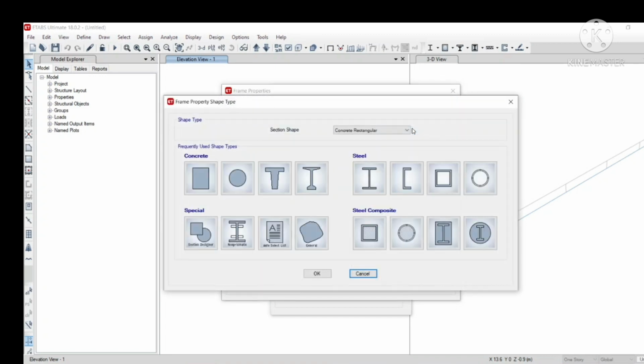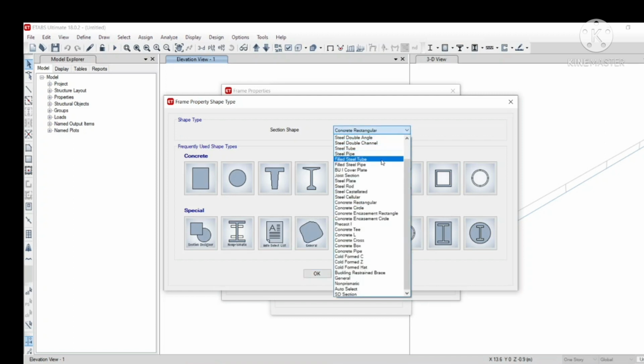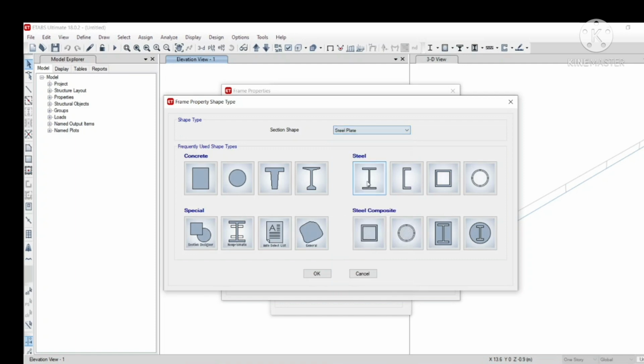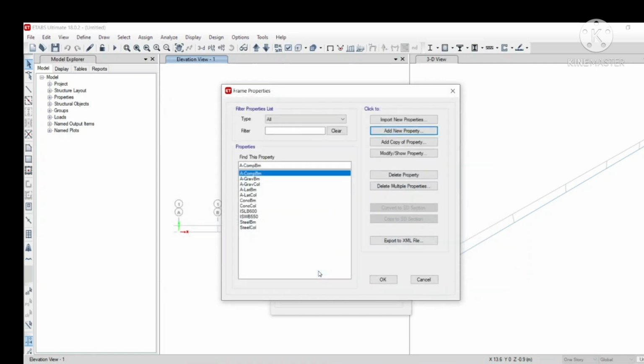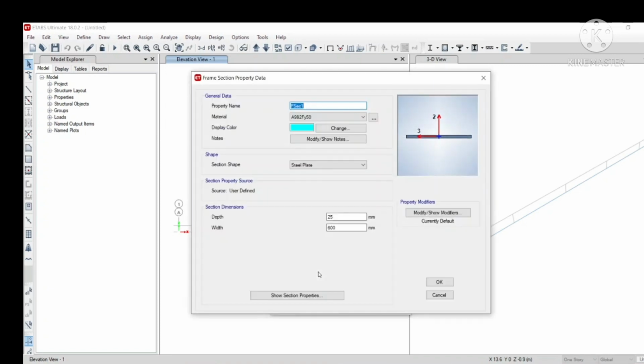Since our beam has a different sectional property, let us create a new property. Yes, we got a steel plate. Let us take this as beam 1. I am mentioning this property name as beam 1.